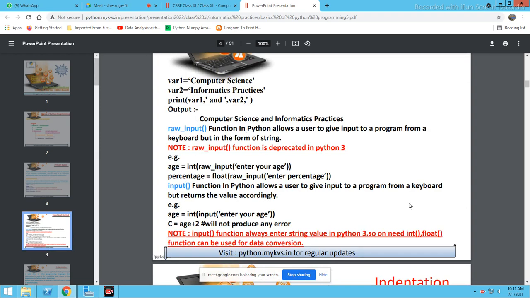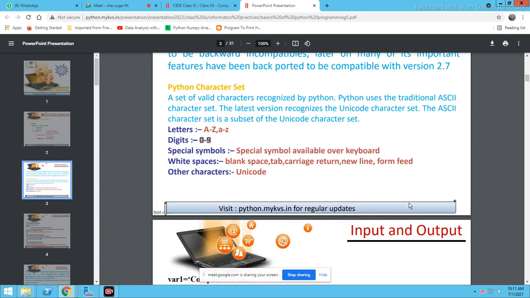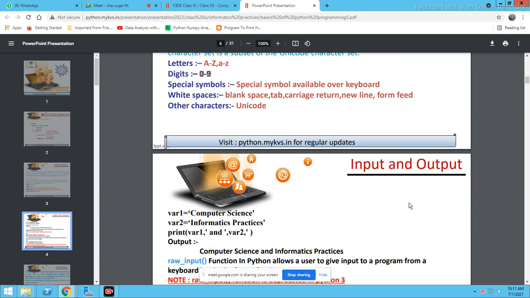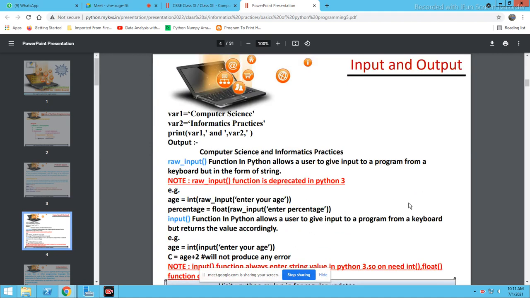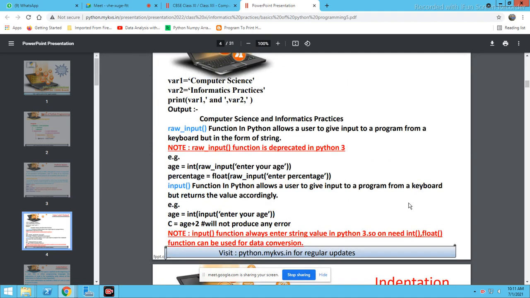See, after that it is given input and output, right? See, a few examples of variables are given over here, like var1, var2. What is var1?